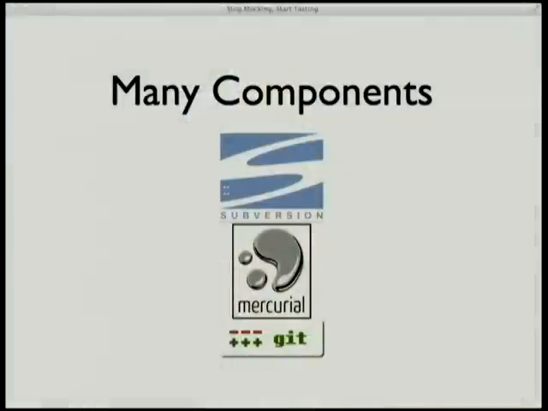We have a lot of components. We offer all 3 of these version control systems. We have an issue tracker. We have a download service for your tarballs. We have a wiki. We have offline batch processing for stuff we don't want to do during request response. We started off with a few languages. We added a few more. We're currently at least 8 languages that the site is actually written in. People host all kinds of languages with us, but we've actually got 8 languages in the implementation of the site.